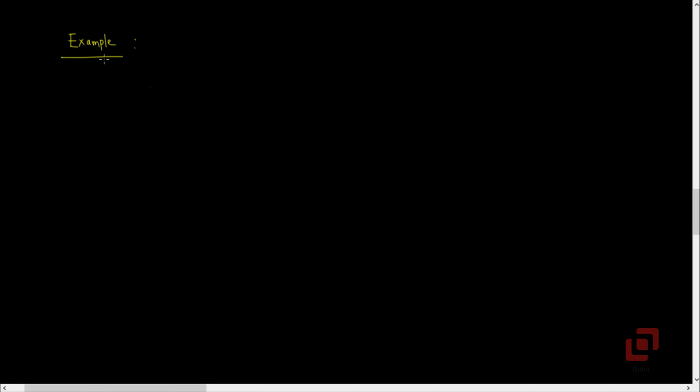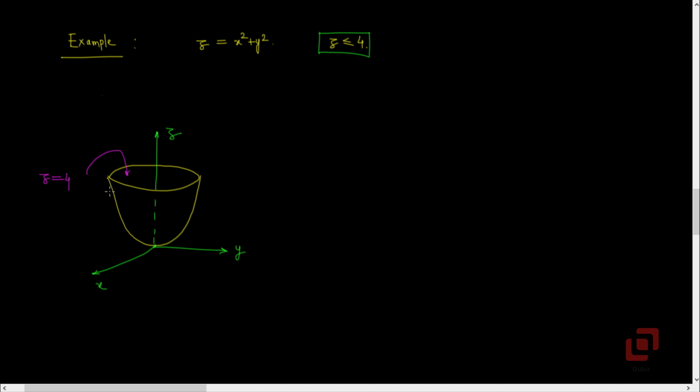Let us now see an example wherein from the Cartesian equation of the surface we will find out its parametric representation. We are going to consider the paraboloid z equal to x squared plus y squared such that z is less than or equal to 4. This constraint implies that there exists no point on the surface of the paraboloid which has a z coordinate greater than 4. In this figure here, I have drawn the sketch of the paraboloid. The top circular surface which you can see here belongs to the plane z equal to 4, due to the condition z less than or equal to 4.